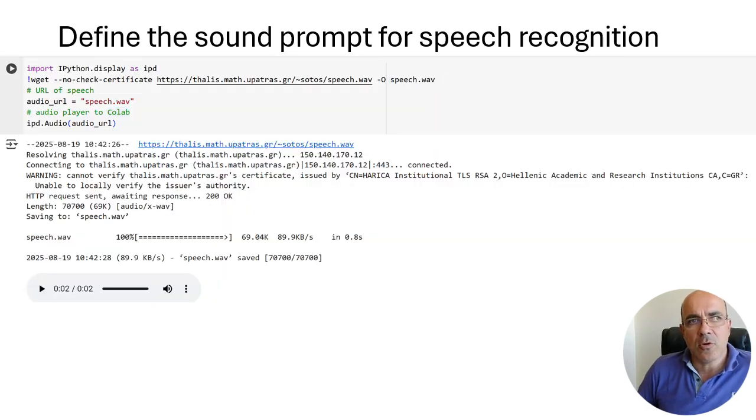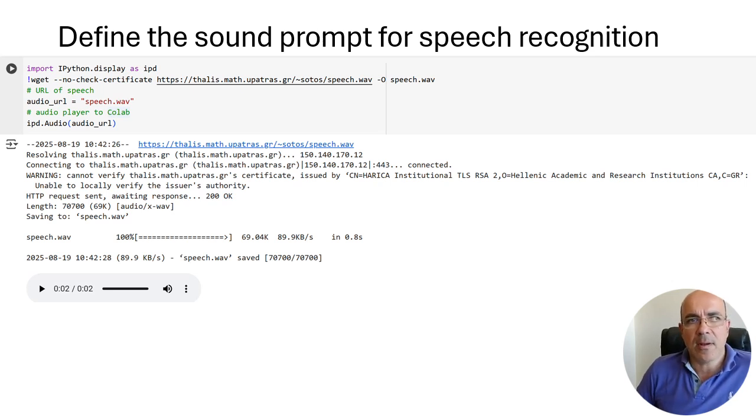The code also demonstrates how to load and play an audio file for transcription. It uses wget to download a sample speech file from a given URL and save it locally.